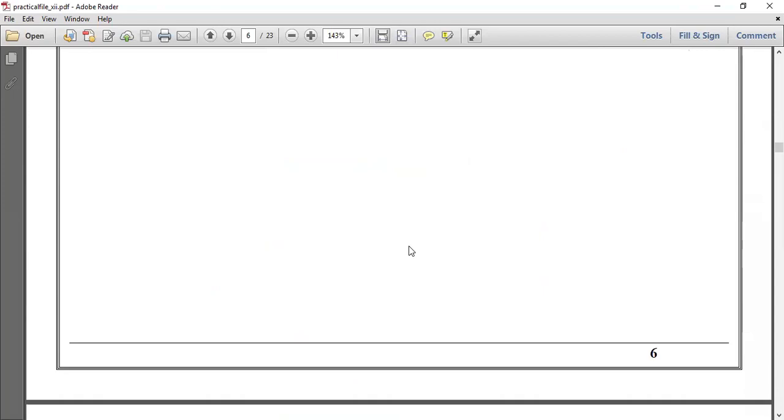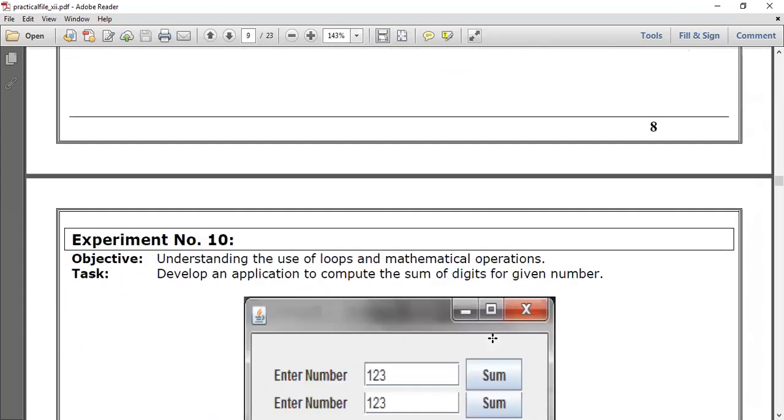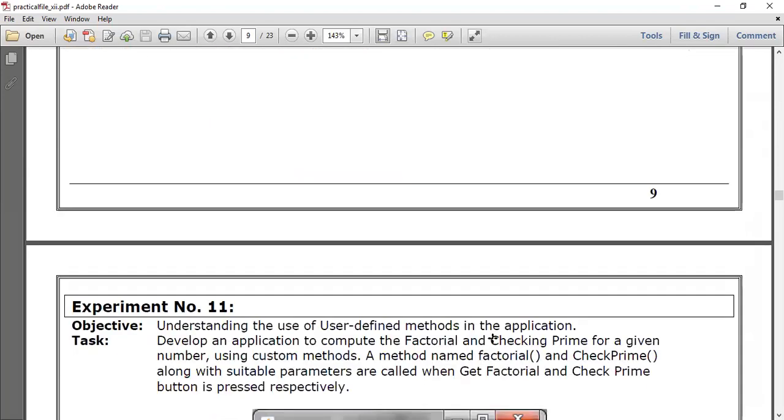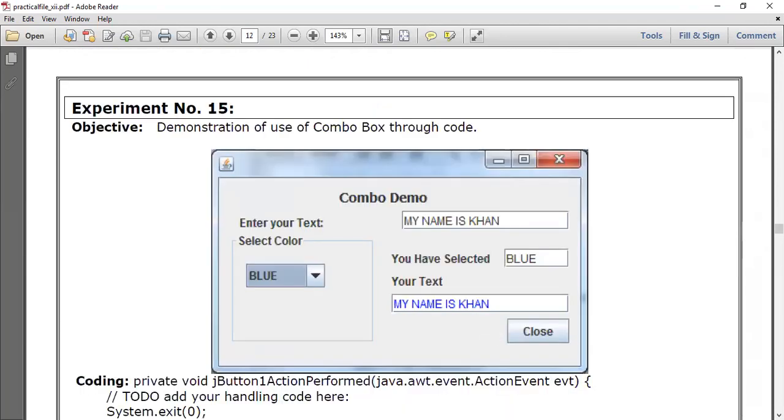Okay, so we have done these experiments and we were on SQL statements.